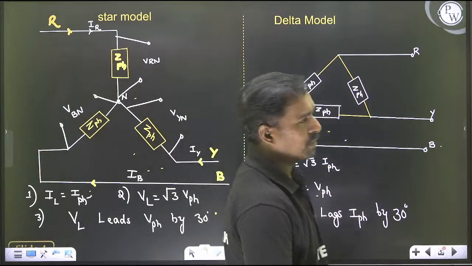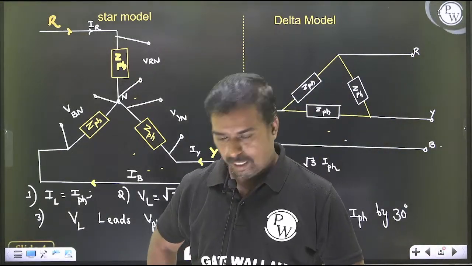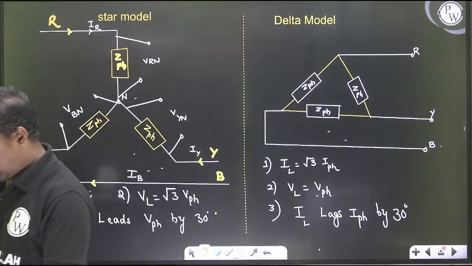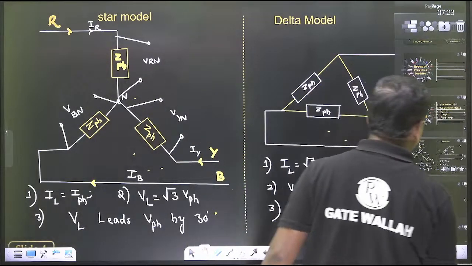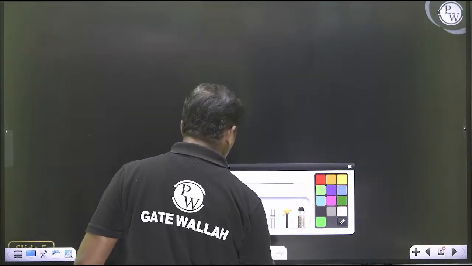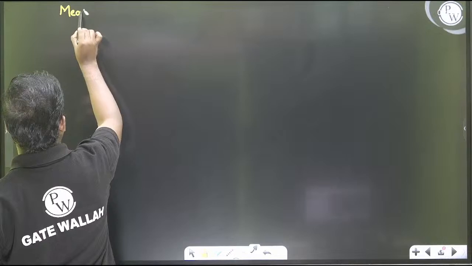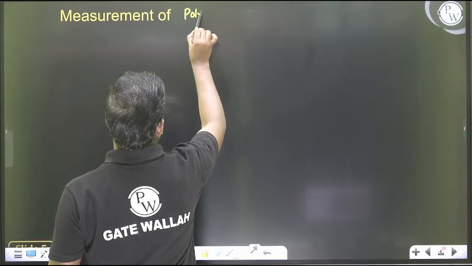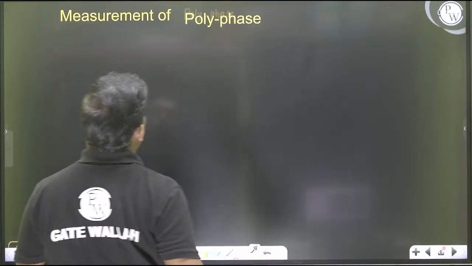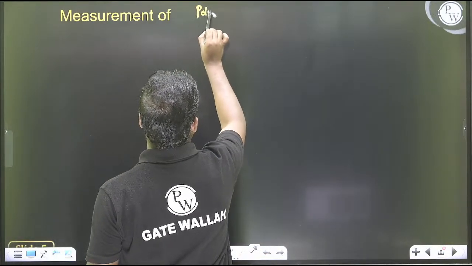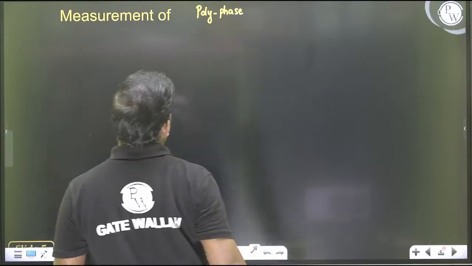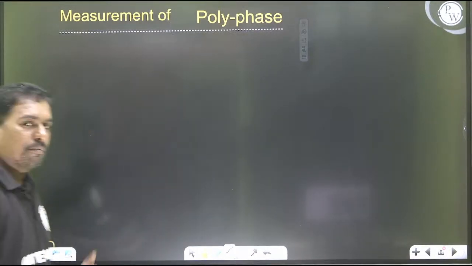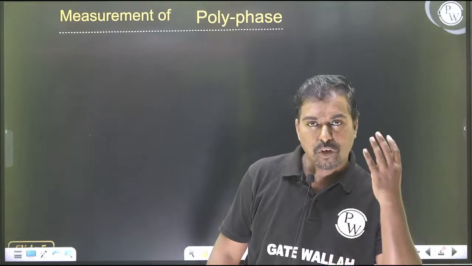So for measurement of polyphase power, measurement of more than 1 phase, you can use Blondel's theorem. Okay, you can use Blondel's theorem for measurement of polyphase power. So as per Blondel's theorem, for an n-phase balanced system, if a 4-wire system is existing including the